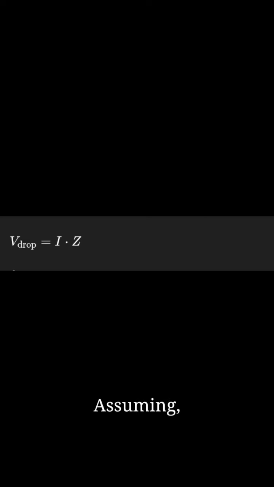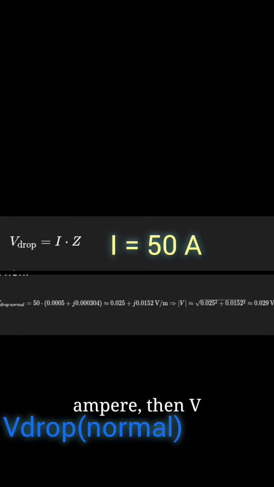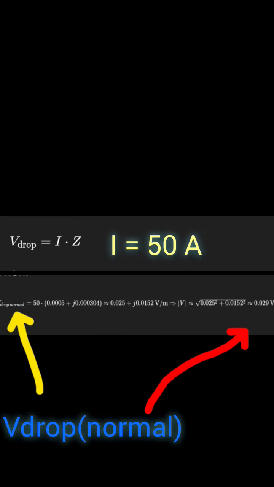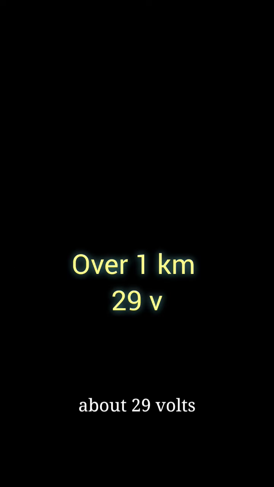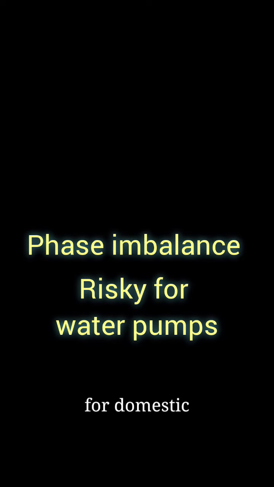Voltage drop, V drop. What is a voltage drop? If there is uneven line spacing between these two poles, V drop is equal to I into Z. Assuming, let's say, I is equal to 50 ampere, then the normal voltage drop, doing the calculation, we will get about 29 volts over 1 kilometer. So the voltage drop from a 415 volt source gives 386 volts, still within range for domestic loads, but risky